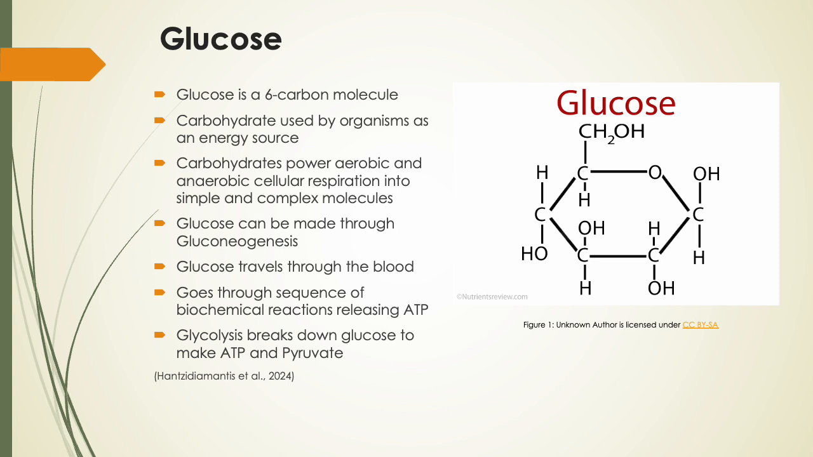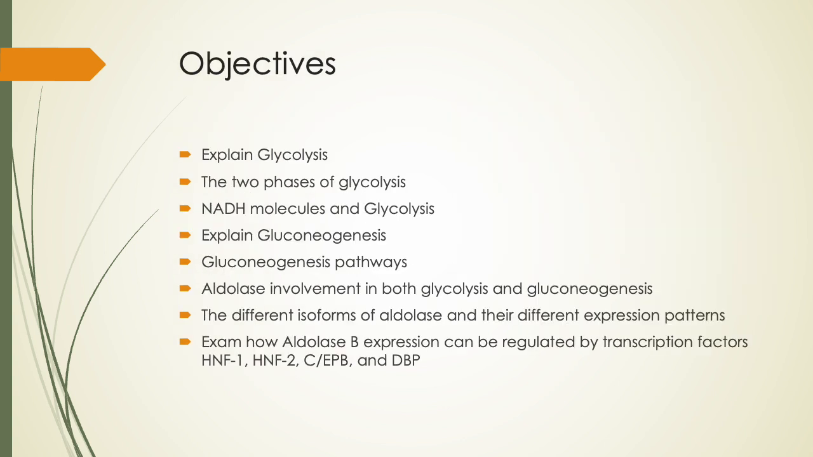When ATP is made, it fuels every energy requiring process in the body. Most energy comes from an aerobic or oxygen requiring process that begins with glucose. Glucose gets broken down through a process known as glycolysis, which is a non-oxygen or anaerobic process to make ATP and pyruvate. In this presentation, I will explain glycolysis, the two phases of glycolysis, NADH molecules and glycolysis, explain gluconeogenesis,